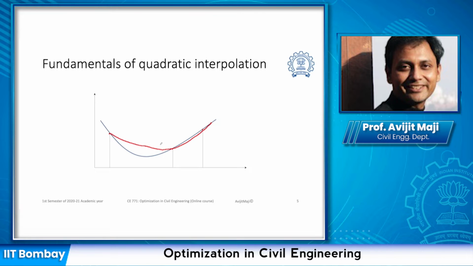So suppose for the quadratic equation the minimum point is here, then we get a new point and we evaluate the actual objective function value at this particular point. So we'll get the function value as this, and when we compare the function values of the other 3 points which we already used to develop the quadratic equation,